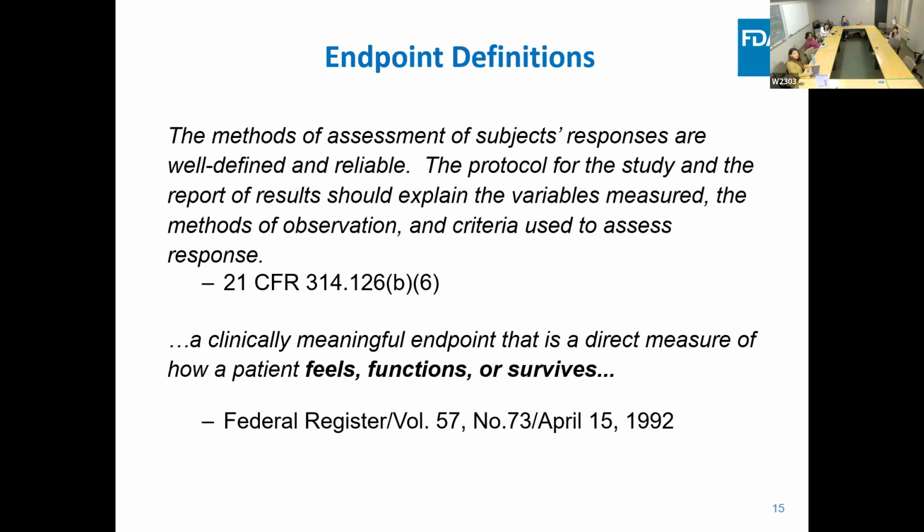So the other thing I think is really interesting is endpoint definitions. As Dr. Jobs was mentioning, sometimes these can feel a little bit arbitrary because you might be cutting a disease off at a certain time point. Like for blood pressure, is there really a difference between 141/82 versus 140/80? Probably not that stark of a difference, but you have to draw a line somewhere. What's most important about an endpoint is that it affects the way someone feels, functions, or survives. So if there's an endpoint that's not directly affecting the way someone feels, functions, or survives, it's determined to be a different kind of endpoint, and we'll go into that.